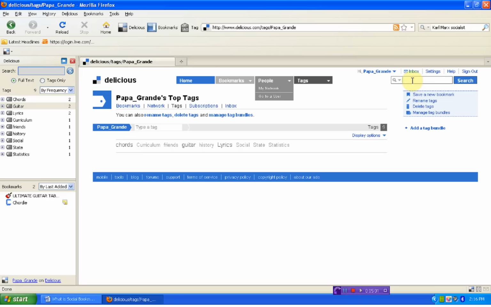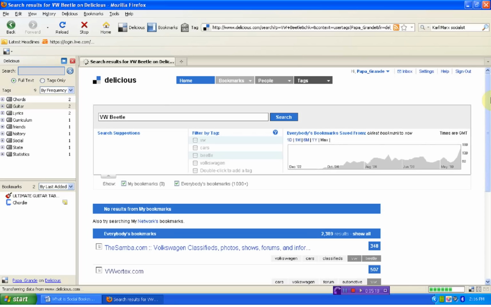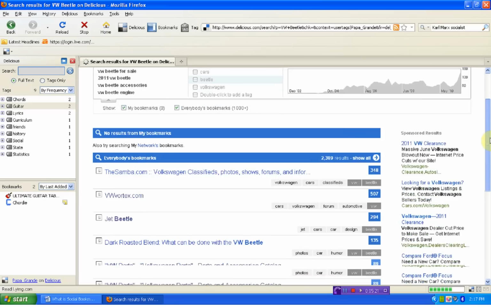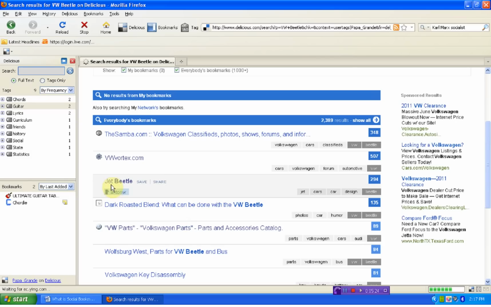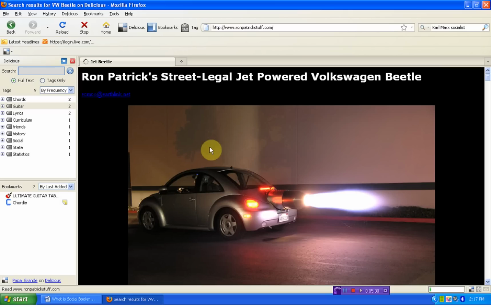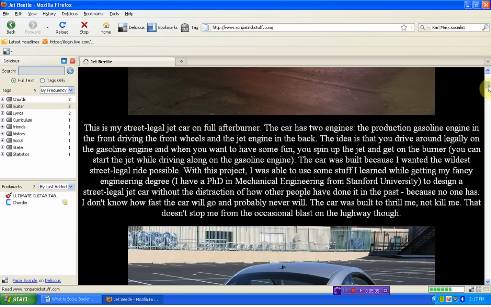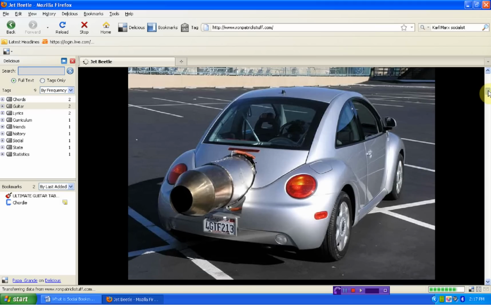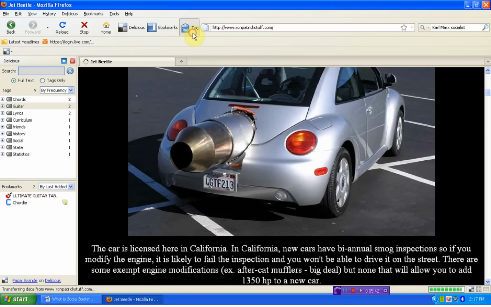I'm going to do one here with my slow internet but for Larry, because I know that Larry likes the VW Beetle. So if I were to look under that tag, you'll notice that there are several sites with the VW Beetle. I thought this was one of the most interesting. So I might find out that Ron Patrick's Jet Beetle, no relation by the way, is something that I'd like to look at. So I could hit tag,